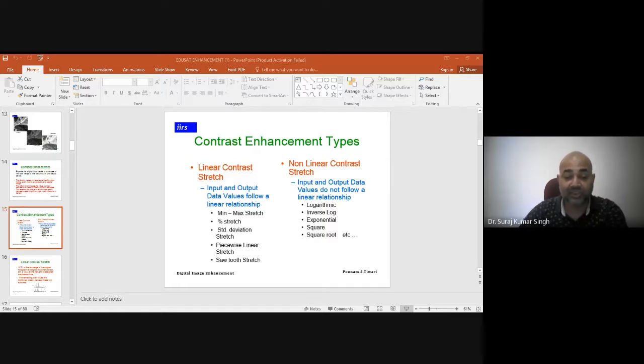You can see that the entire spectrum is from 0 to 255 in the case of 8-bit data. Now the numbers recorded by the sensor lie between 84, the minimum, and 153, the maximum. So what does the linear contrast stretch say?